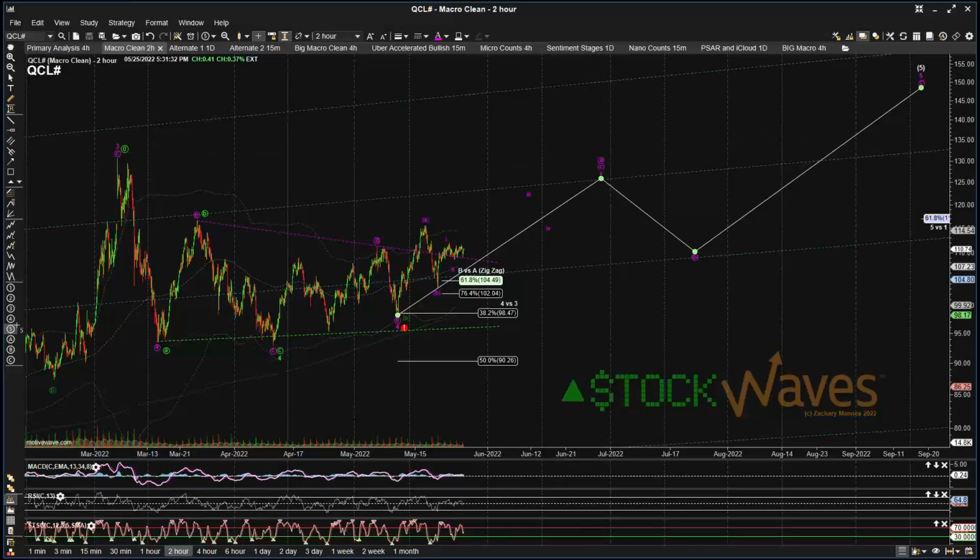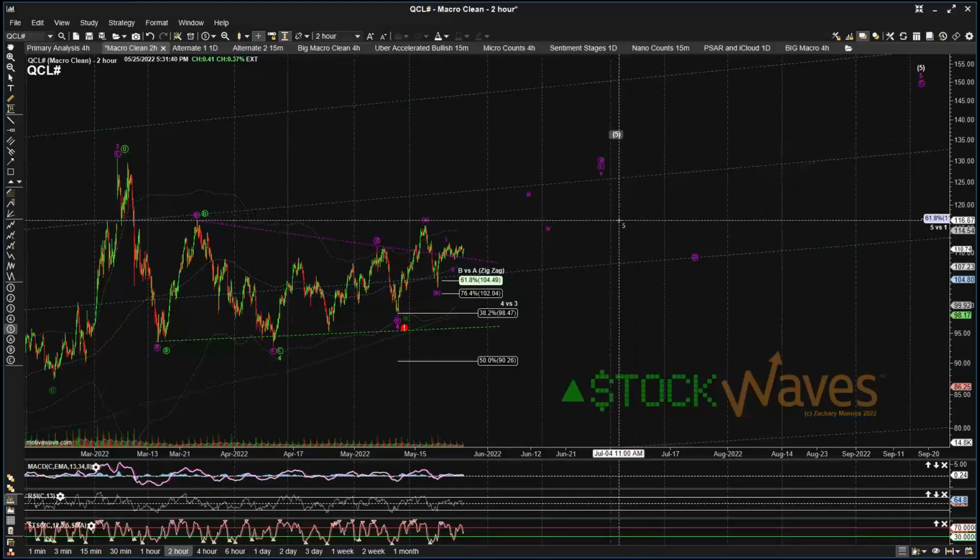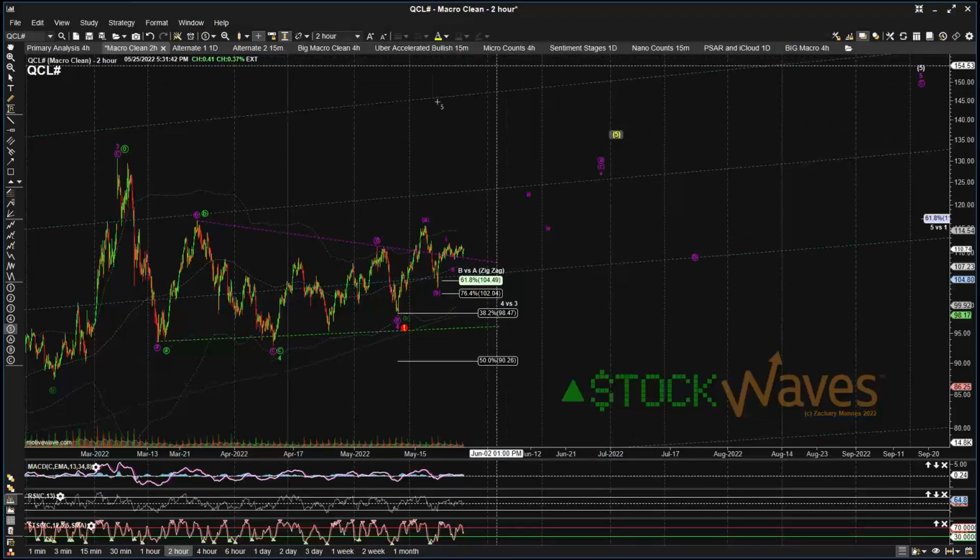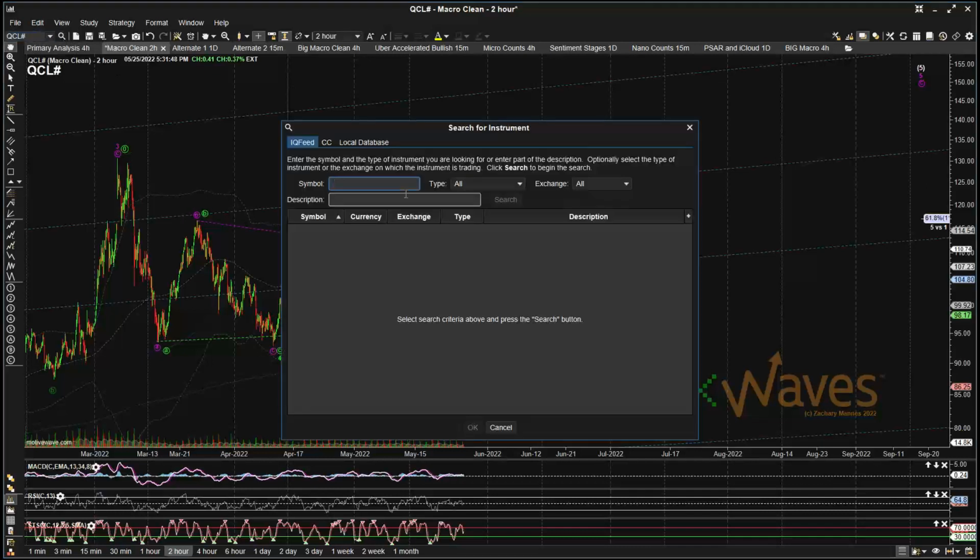So I'm going to go ahead and add that. So if we get a stretch closer to 135 to 140 in this move, it certainly runs the risk of that being all of the fifth wave. Now looking at natural gas,